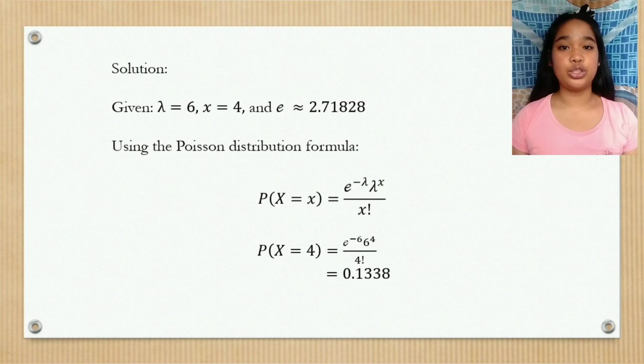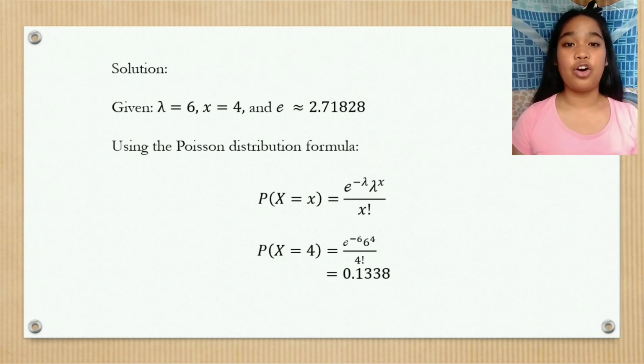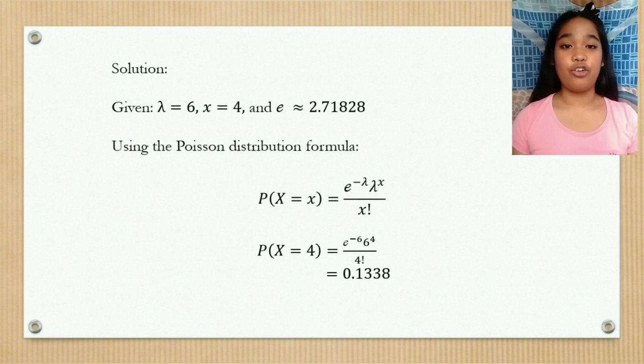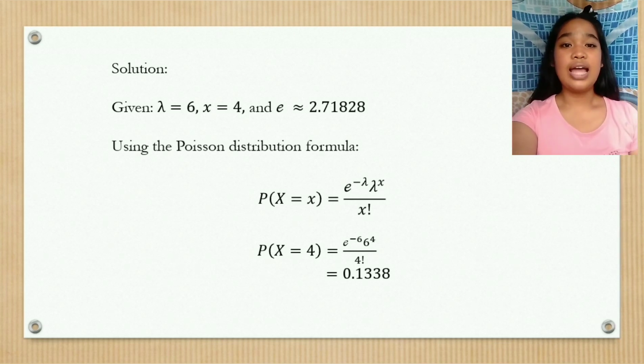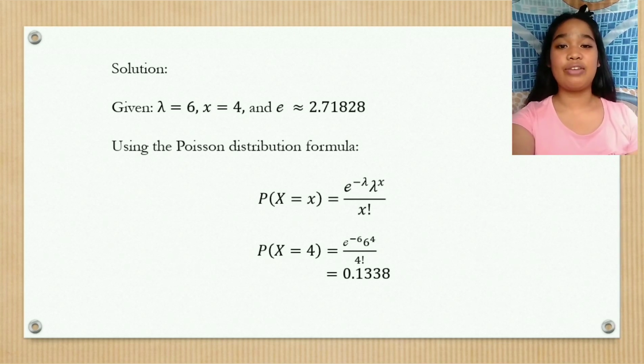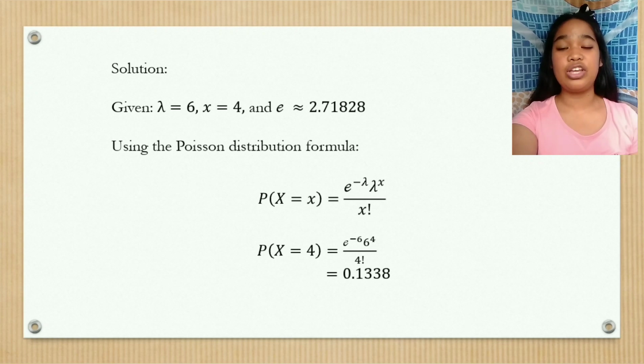Using the Poisson distribution formula, probability of x equals 4 equals e raised to negative 6 times 6 raised to 4, divided by 4 factorial, which is equal to 0.1338. Therefore, the probability that they will receive exactly 4 calls in a given hour is